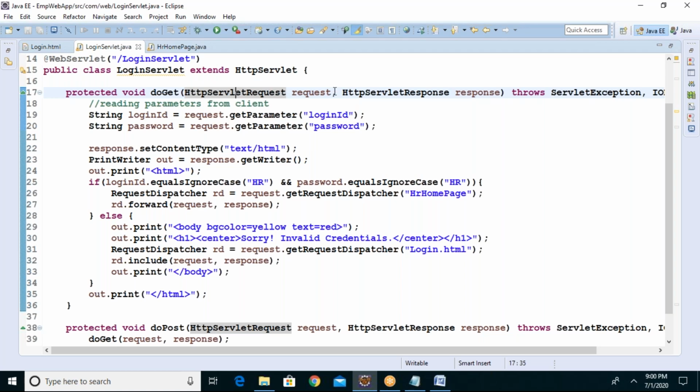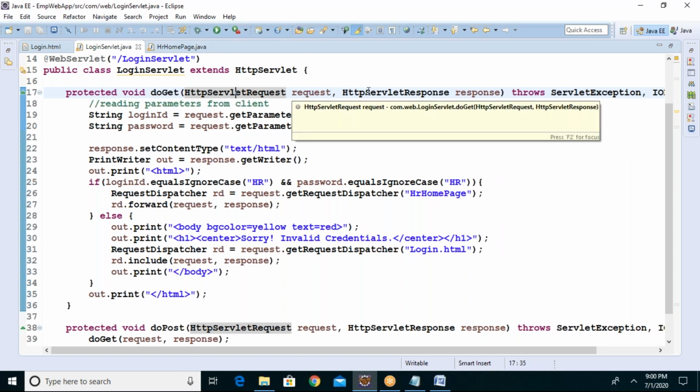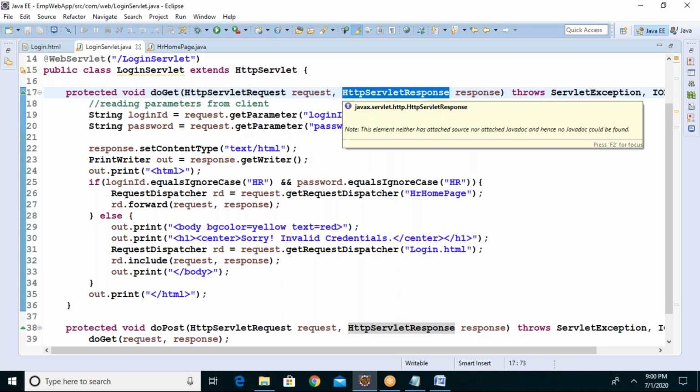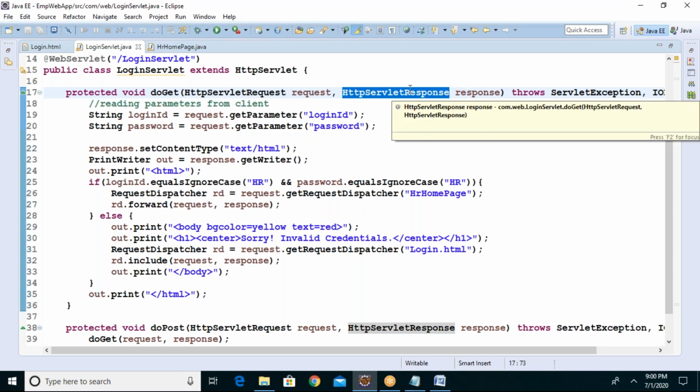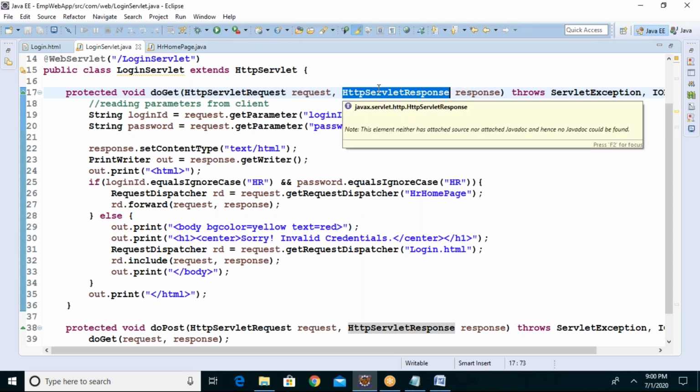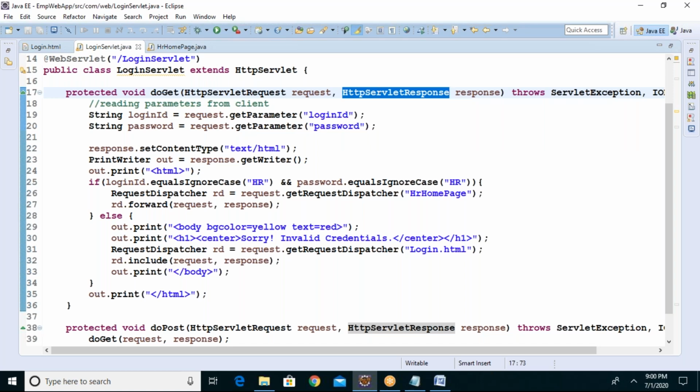Whatever you require, that much space only you allocate in memory. HTTP servlet carries only HTTP requests, and it provides doGet and doPost methods.